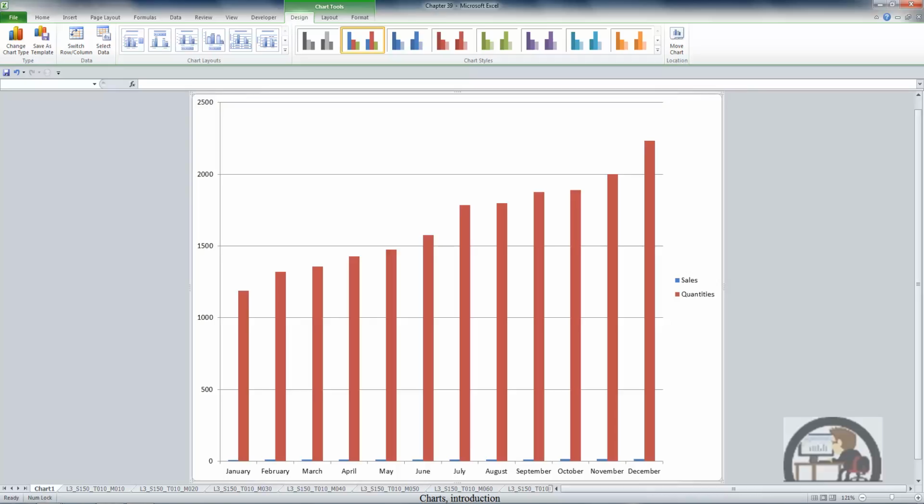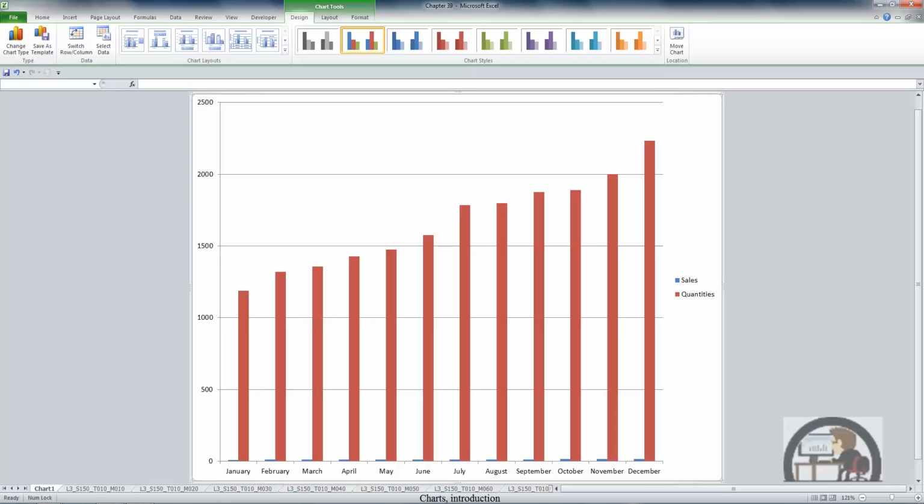A chart sheet can be beneficial because it's easier to see, since it takes up the entire screen basically. It's easier to print because when you print the sheet, you'll get the chart. And it's also probably easier to find as compared to an embedded chart that's somewhere within a worksheet in your workbook. The downside to a chart sheet is that you don't have the display of the data that created the